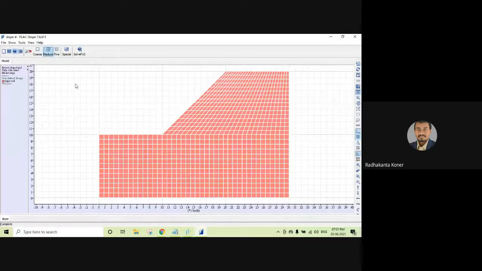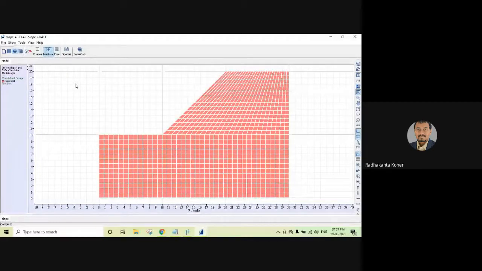The length is 10 meters, 10 meters, and this is also 10 meters. So 10, 10, 10, a 30 meter length. So 40 grids are used. This is 10 meters, so how many vertically? It is around 30. So 30 grids vertically, row-wise, and 40 in the columns. Based on that I can recalculate the dimension of each grid.